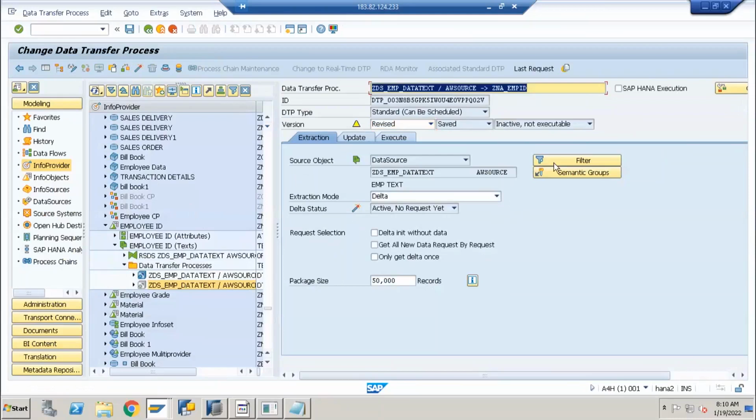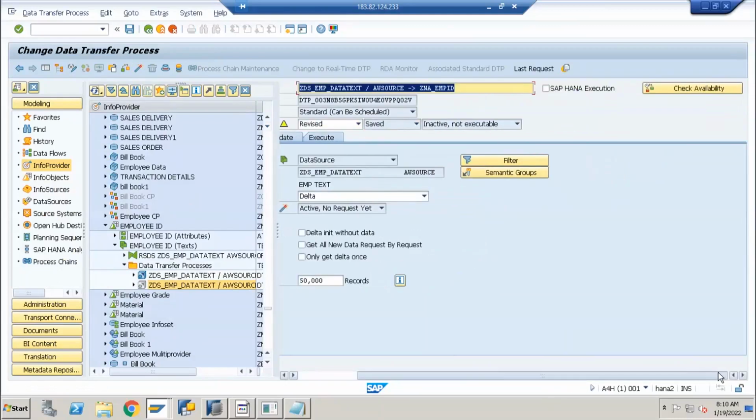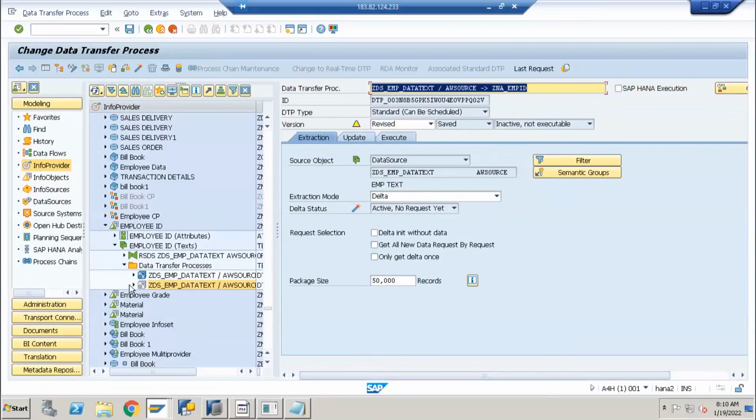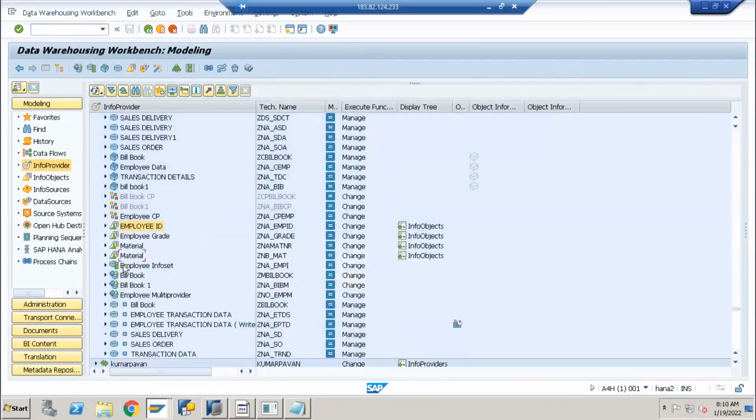Maybe it is a problem with the system only. It is not giving that option. Generally, when we take a BW4 system, I will show you that option. Without PSA also, we can directly extract data from a flat file into my ADSO directly. Such an option is not showing in this DTP. I will show this option in our next session.